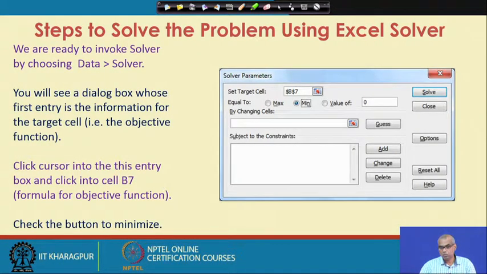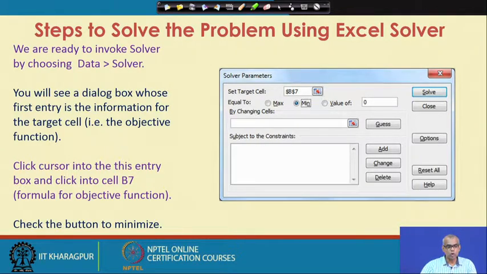Now, after I have set up the problem in Excel, that means after I have described my variables and objective function and put the formula for the objective function, I am done with setting up the problem in Excel. Now, we are ready to solve it using solver.